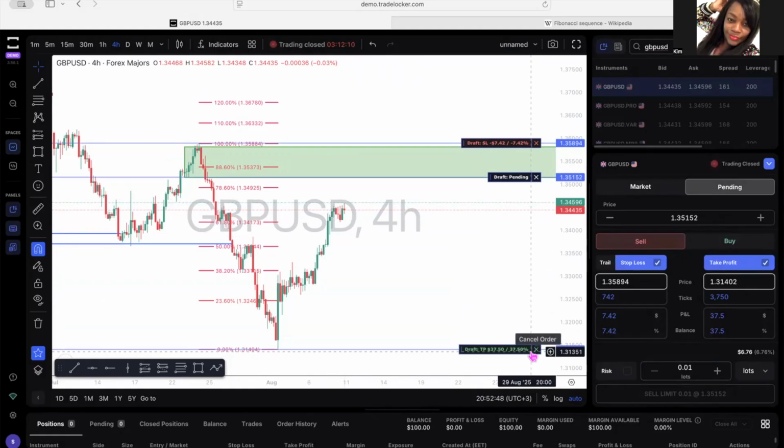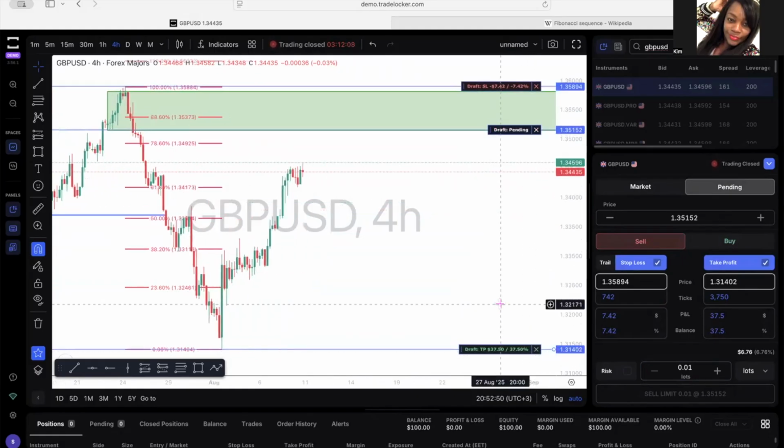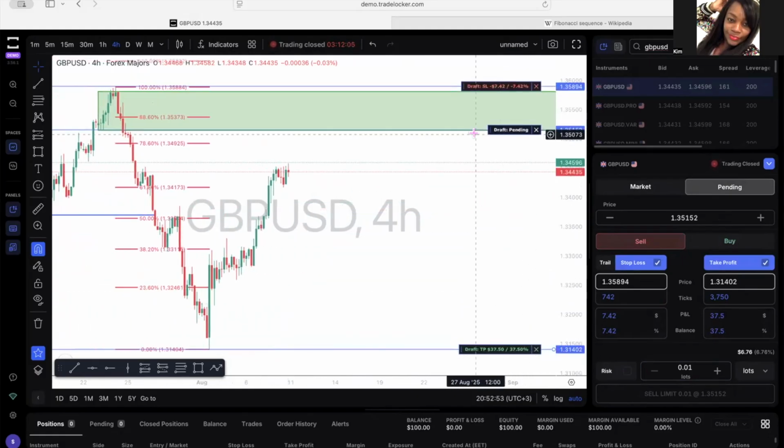Okay. So this is a 0.01. That means I'm either going to lose $7 and gain $37,